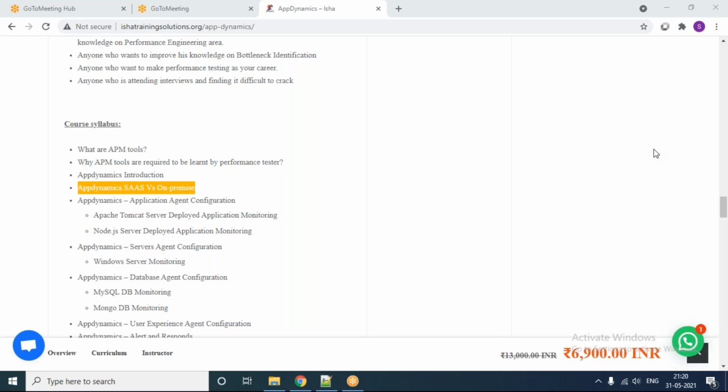Definitely, I'll tell you one thing. If you are writing the list of courses you have to learn to make yourself comfortable in the role of performance engineer, definitely one APM tool will be required. That is a bare minimum, right? Because you need to know a static analysis tool, a code profiling tool. You need utility tools. You need client-side monitoring tools. You need DB profiling tools. You need infrastructure monitoring tools. You need APM tools. That is how the list usually goes.